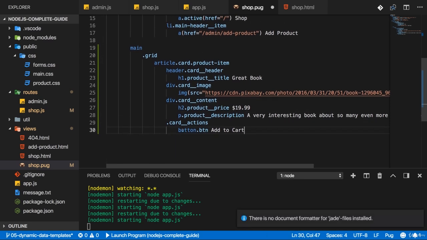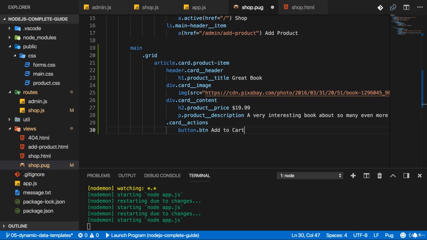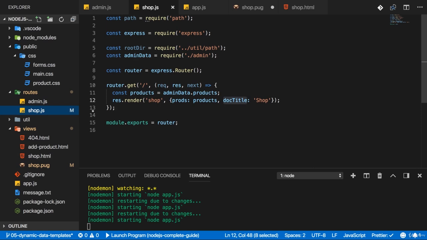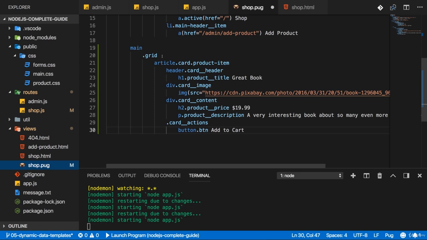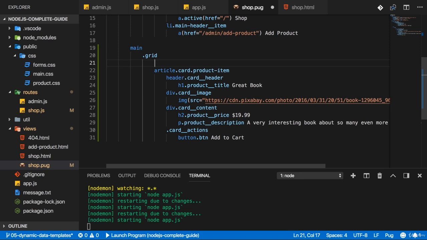Now this outputs a grid of product cards, however, only with static content. Now to make this less static, we need to iterate through all the products. And remember that we do pass the products into the view here on the prods key. So to iterate and repeat this article for all the products, we can simply add a special syntax provided by